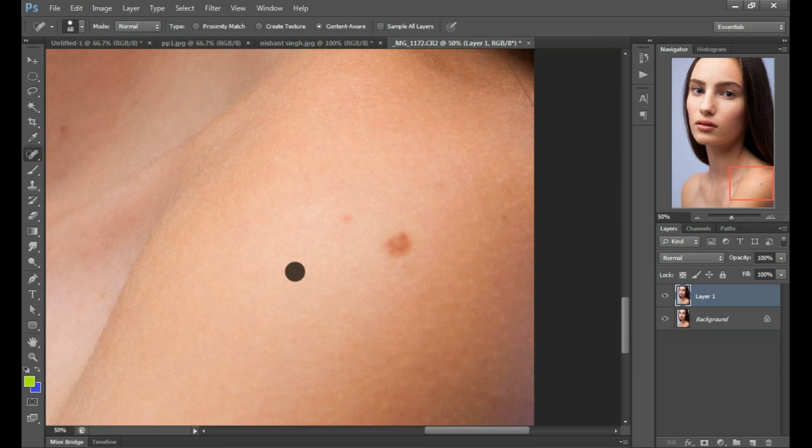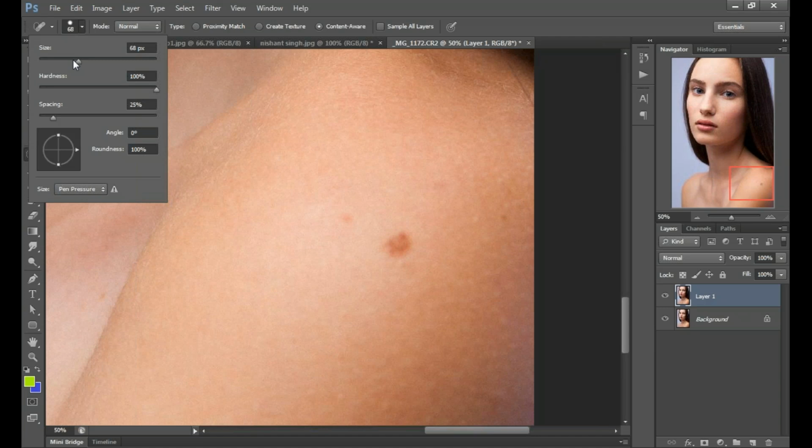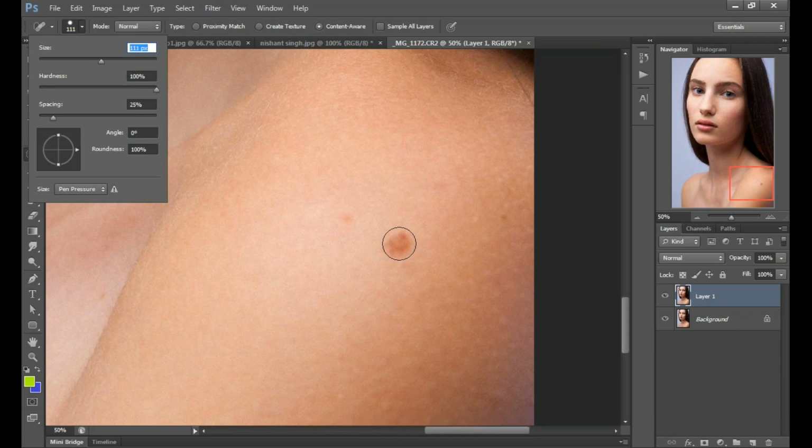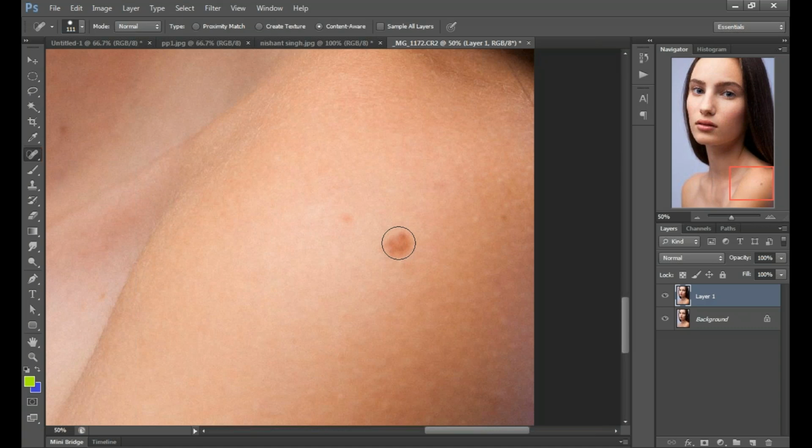Go to the Properties bar on the upper side, and move your marker to a larger size. Okay, and just click on the spot. Done.